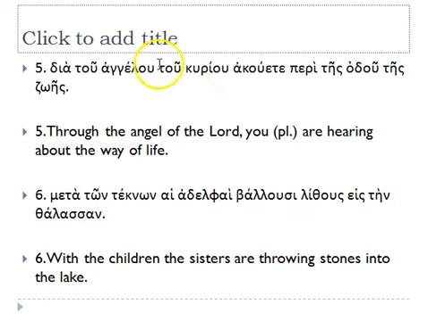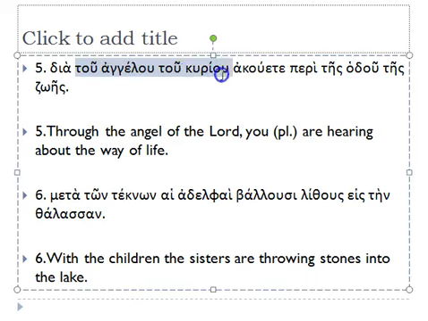Tu kuriu is another noun, a different noun in the genitive case. And I should just note here, don't let the fact that these are all genitive masculine singulars mislead you into thinking about agreement, because none of these are adjectives. So that just doesn't apply at all. We have one block of meaning, a second block of meaning, and this second block is describing the angel. Through the angel of the Lord,